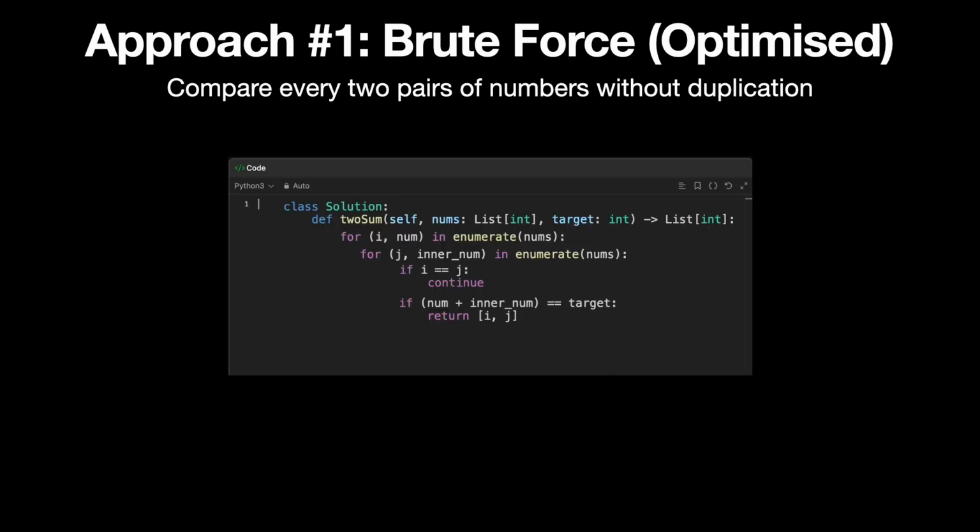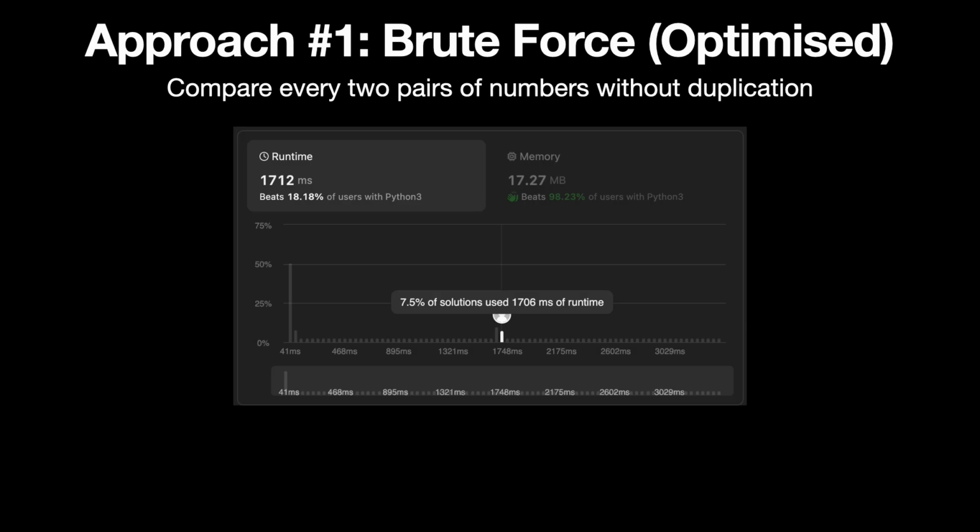Now, in the inner loop, instead of iterating through the entire nums array, we start from position i plus 1. I'm using the slice notation in Python, which allows us to retrieve a subset of a list, and I'm also passing i plus 1 as the start argument to enumerate to tell it which number to start j from. We no longer need the comparison to check for the same element since the inner loop is always one step ahead of the outer loop. Let's submit that and see if our speed improves. Indeed it does. We went from the bottom 5% to the bottom 18%, but there is still plenty of room